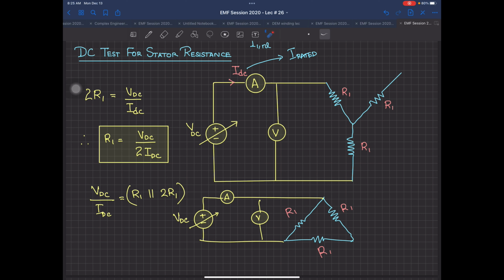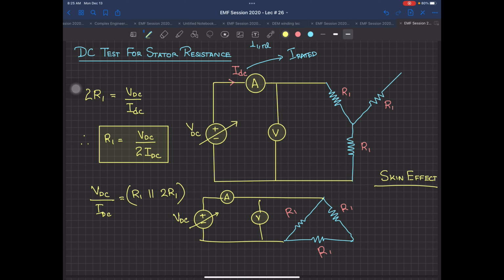But one thing will still be missing, because you are doing this test at DC. DC resistance and AC resistance differ a lot, and by differing, I am referring to an effect called skin effect. Does anyone have an idea what skin effect is? You must have heard of it in your physics course or maybe your CAD course. Whenever there is a high frequency current, and maybe in your 4th or 5th semester, there will be a much more detailed treatment of skin effect.